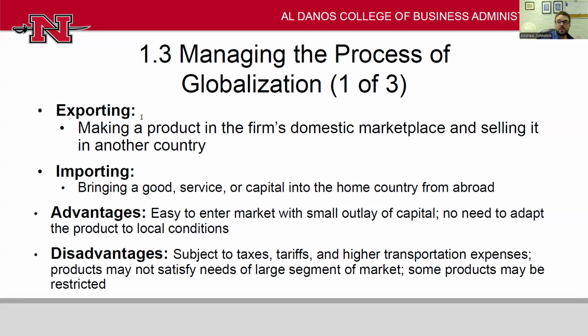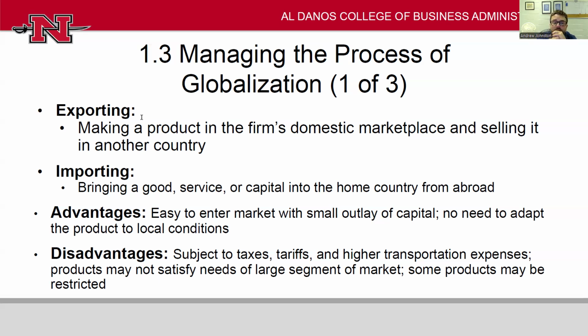Couple other terms here that are useful. When we talk about exporting, we're talking about countries that are producing at home and then just shipping that product over to another country. They haven't made any direct investment in that country. You might think about somebody who's making horse saddles or something, just a local family business, and they're getting orders in from overseas, and they're just filling those orders by sending the product by mail or shipment or whatever. Importing is the opposite side of that. You're bringing it in from another country, from abroad.